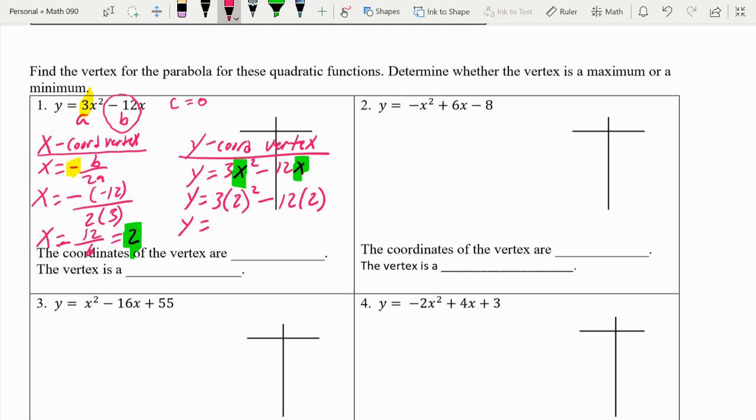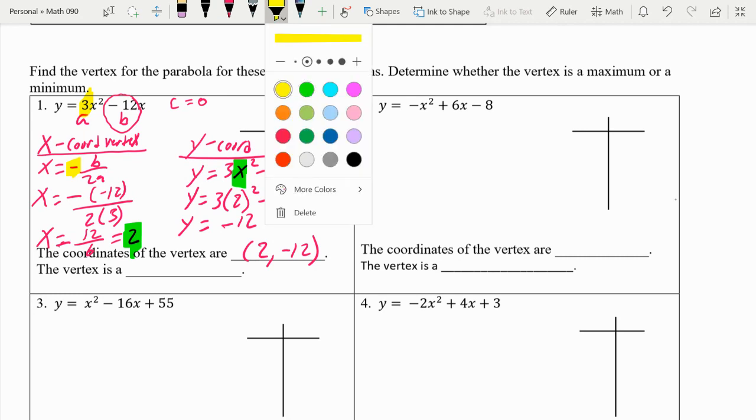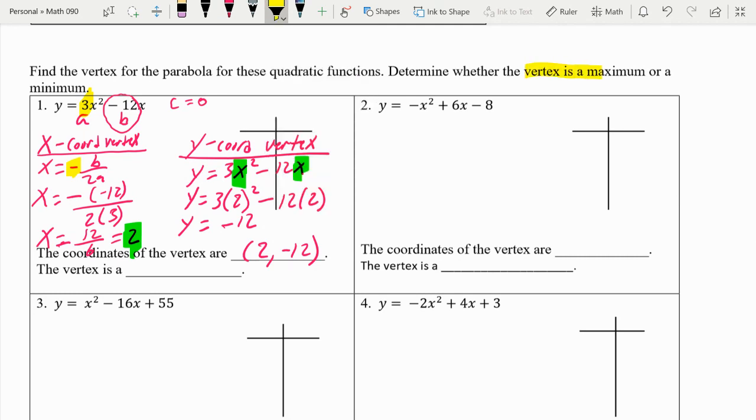So you grab your calculator, or do some mental math, and you end up with negative 12. So the coordinates of our vertex are 2, negative 12. And they wanted us to figure out if the vertex was a maximum or if it was a minimum. Well, to figure that out,